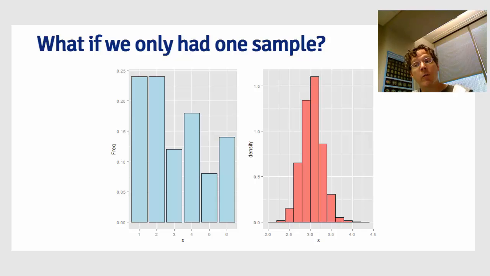So let's consider a very similar problem. Imagine if you didn't know whether or not the die that was generating your data was fair. We didn't know the probabilities it placed on 1, 2, 3, 4, 5, or 6. So what we have is one sample of size 50. So we only have one average, not a distribution of averages,